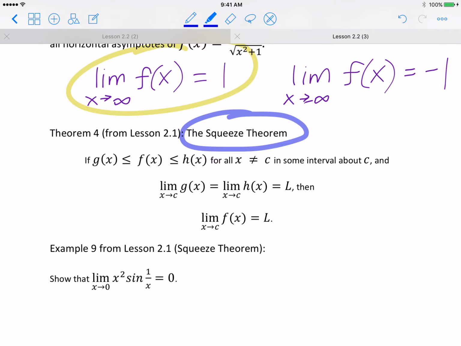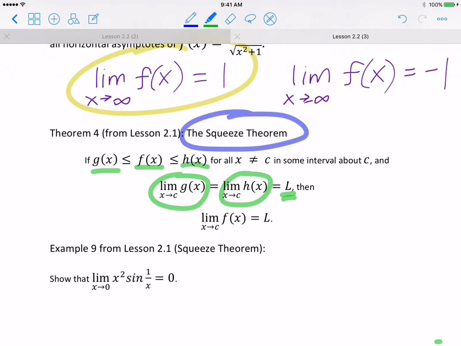Okay, if you have three functions, let's say g of x, f of x, and h of x, and if the function g of x happens to be less than or equal to f of x, and the function f of x happens to be less than or equal to h of x, for all values of x that's not equal to c, in some interval about c, some interval that contains c, and if the limit of g of x happens to equal the limit of h of x when x is approaching that c value, and that limit happens to be L, then